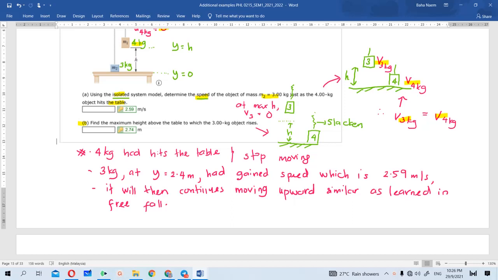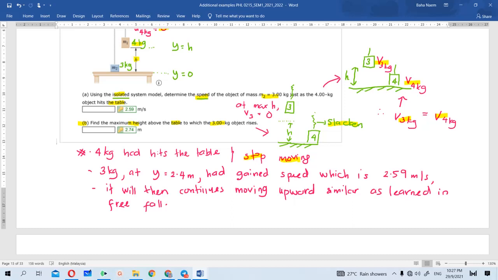Now this question will be asking you what will be the maximum height from the table, right, from the table, where the 3 kilogram object will rise up. Now, what happened in this scenario is that by the time the 4 kilogram object hits the table and stops moving, you find that the string slackens, okay, the tension disappeared, and at this y, 2.4 meter, at a distance of